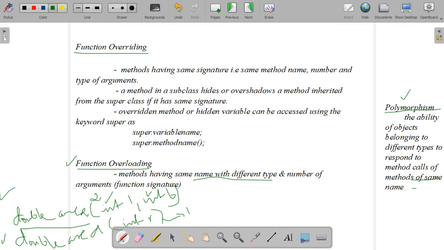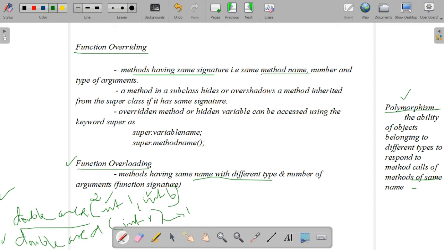Okay, so here, function overriding. You can understand overriding is the term. That means methods having the same signature: same method name, number and type of arguments. Everything is the same, then it is the function overriding concept.